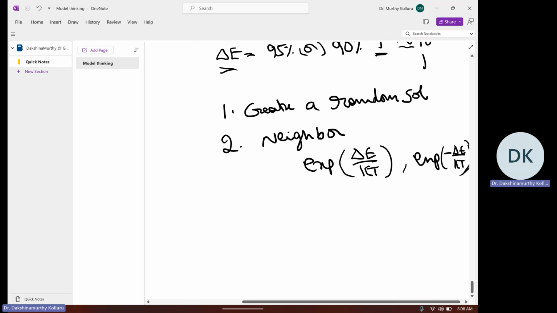We discussed this in one of the previous videos. You can check it. So if it gets better, accept it. If it gets worse, accept it with this probability. Okay. Neighbor. Now I cool the temperature with a geometric factor. Now, so create a random solution and try it